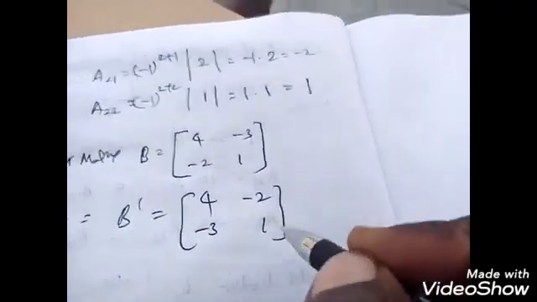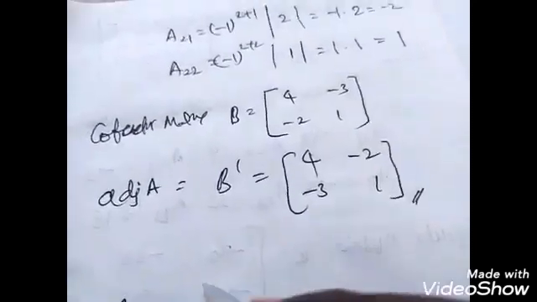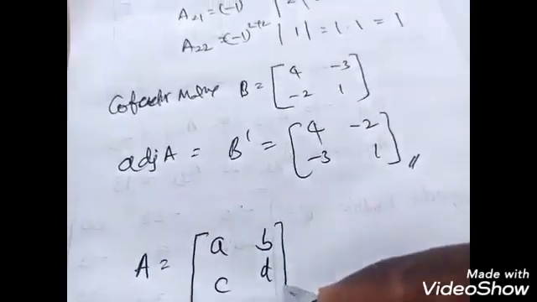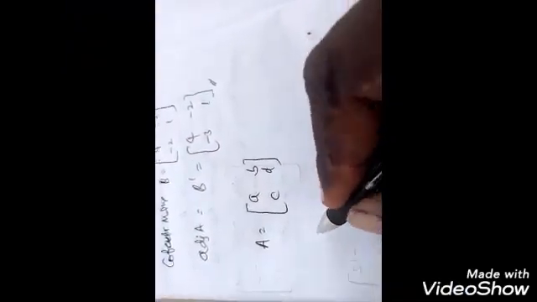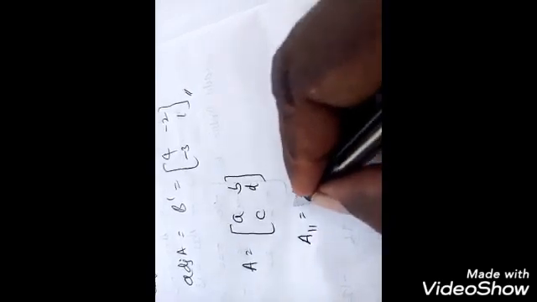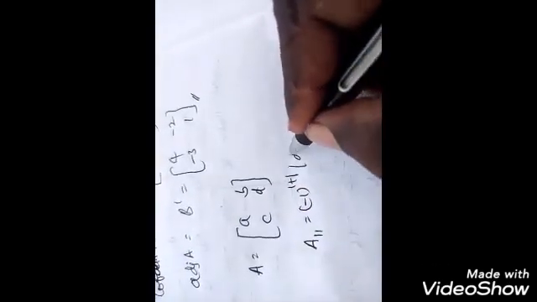This is the adjoint. That means instead of calculating for the 2 by 2, observe, if I take A equal to A, B, C, D, then A11 is minus 1 power 1 plus 1 into the determinant of D, that is D. Similarly, A12 is minus 1 power 1 plus 2 into